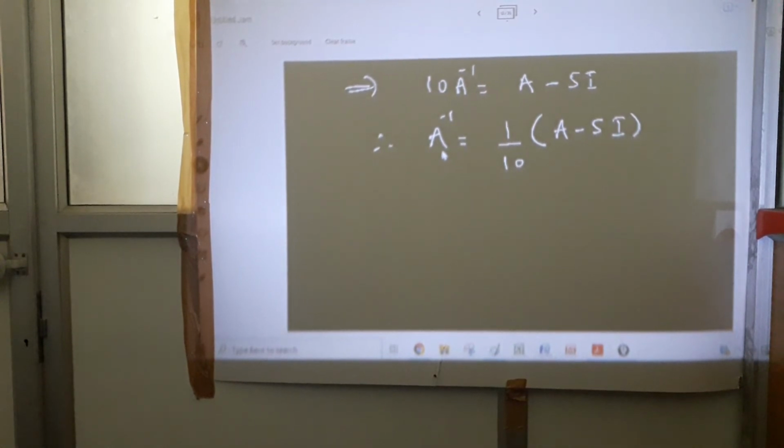If A inverse does not exist, at that time even the Cayley-Hamilton theorem will not be able to help us to find the A inverse. If it is a 3 by 3 matrix, at that time A square will come, something A will come. Okay, now back to the point, and the last concept which we have to discuss.